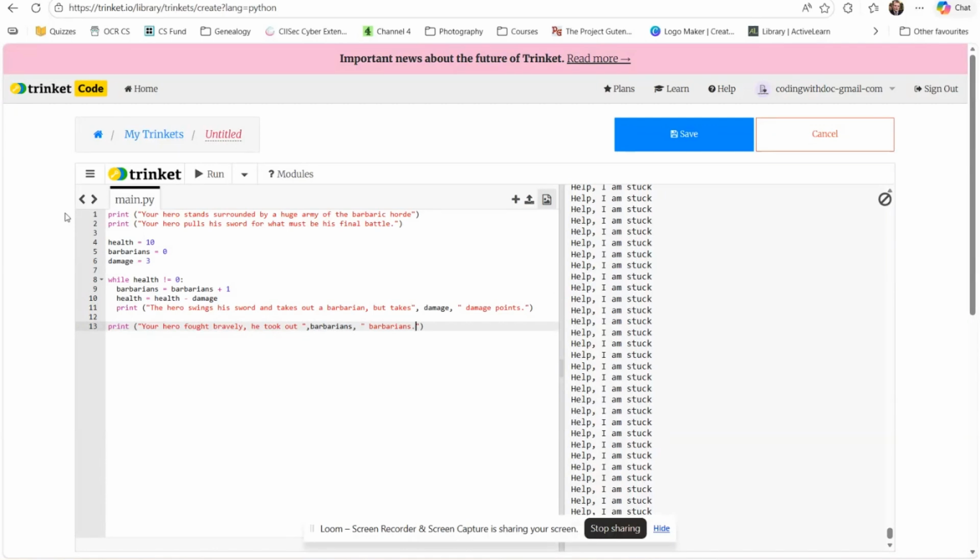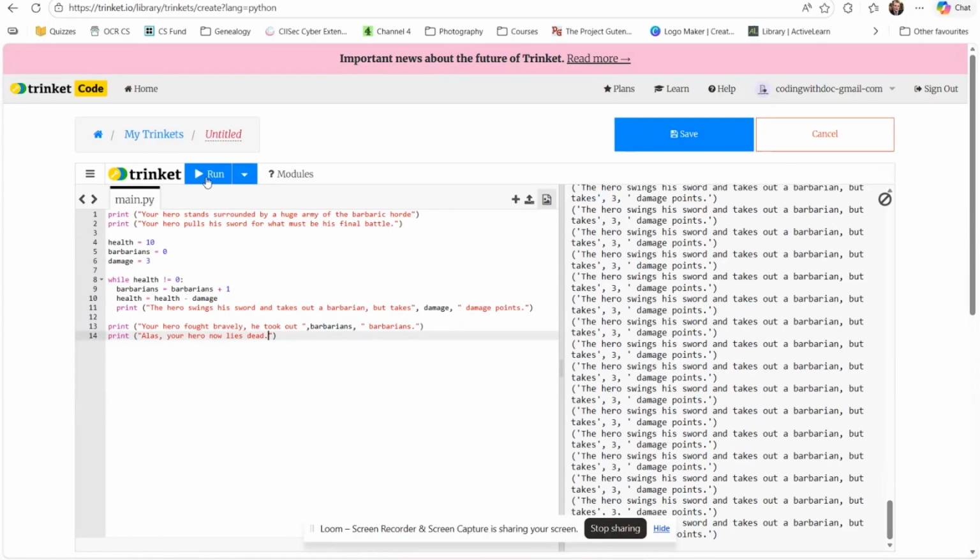So it's gone through and it's done that. And then we go print. Alas, poor Yorick. Yes, no, so alas, your hero now lies dead. So he's just going to die. We've not built anything that's going to do otherwise. So you're expecting it to go hit, hit, hit, hit, dead. Now, when we run it,